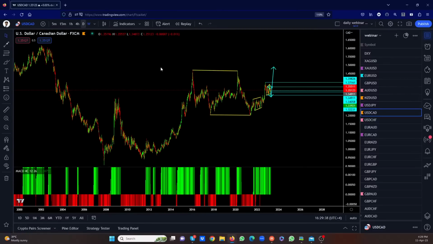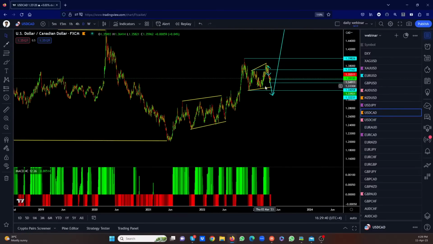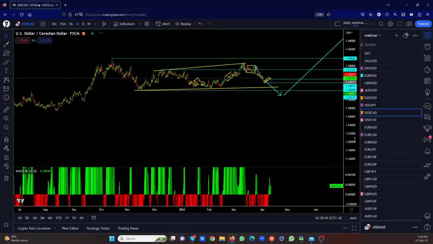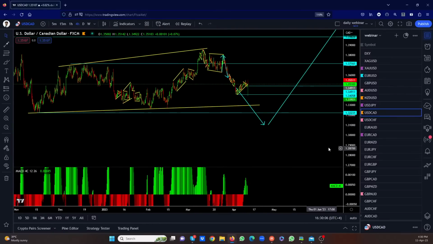And if they consolidate to the top here, my assumption is that they will make something very similar. See this 1? See the 2 here? 1, 2, 3, come back here and then go. So we have 1, 1, 2, 3, come back here and then go. Can this go back up to the top there and then come back here and then go? Yeah, that's possible. If that's what you're asking, that is possible. So what we're looking for here now is, is this thing going to drop? It looks to me like it's going to drop.